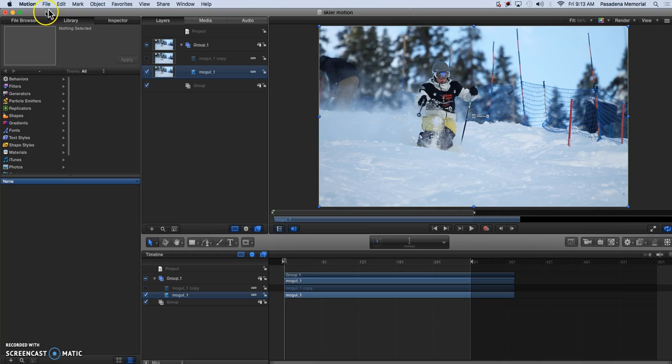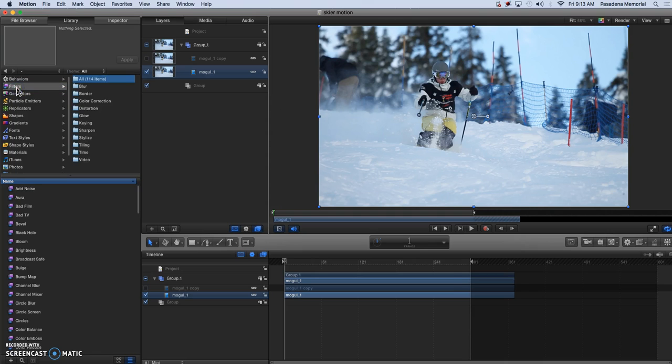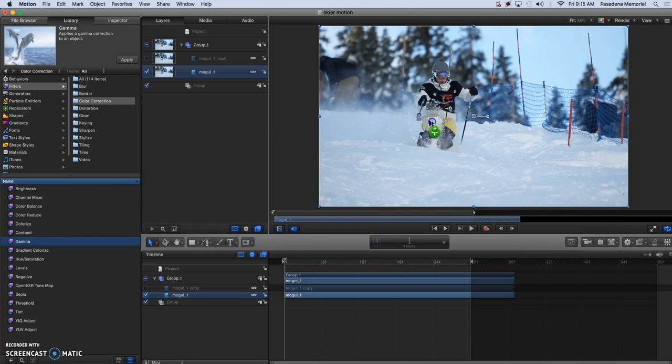And so we can go to the section over here, and we're going to click on the library, or you can press Command 2 to get that quickly. And we're going to look at this list over here, and we are going to use the filters section, and then we're going to go to the color correction. So these, you have your basic folders, and so color correction, we're looking for gamma, and this will help to darken it a little bit when we put it on there. So we're going to drag this filter onto the video in the canvas. So I'm going to take it, drag it here,